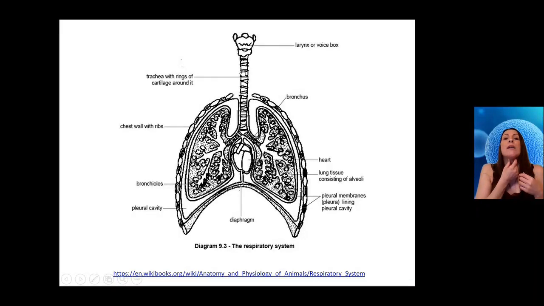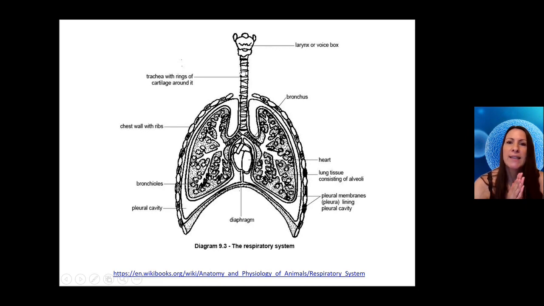That food or that bolus will be able to bulge out a wee bit into the trachea without causing pain. If it was a complete ring of cartilage, it would actually be painful as you're trying to swallow food down the esophagus, which is running parallel. So it gives room for food to pass down the esophagus with these incomplete rings of cartilage, helping to keep the windpipe or the